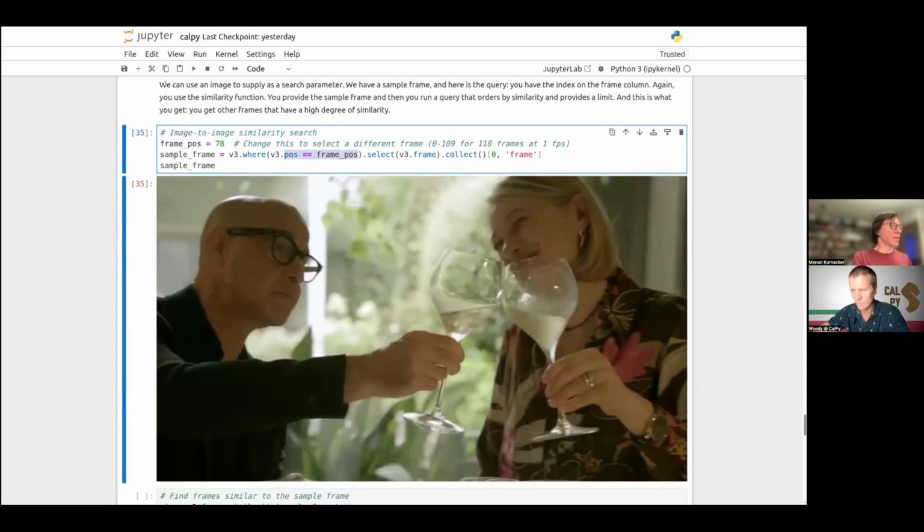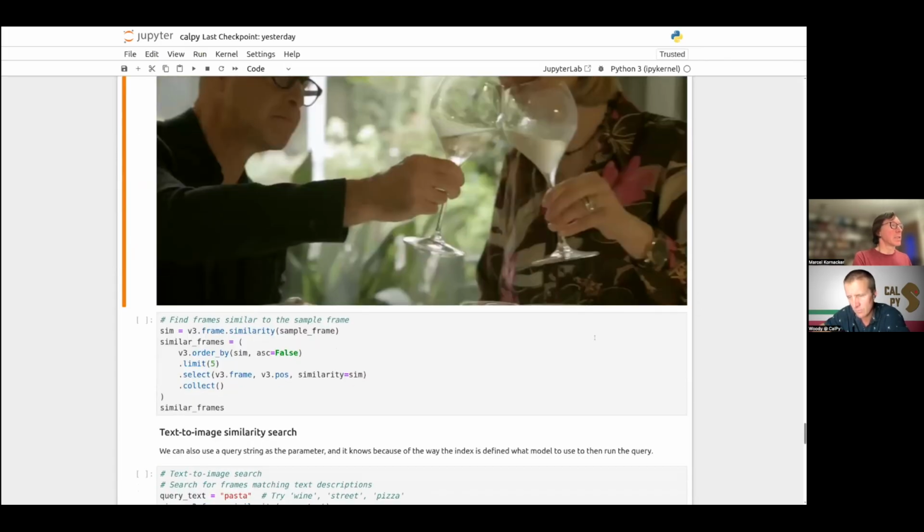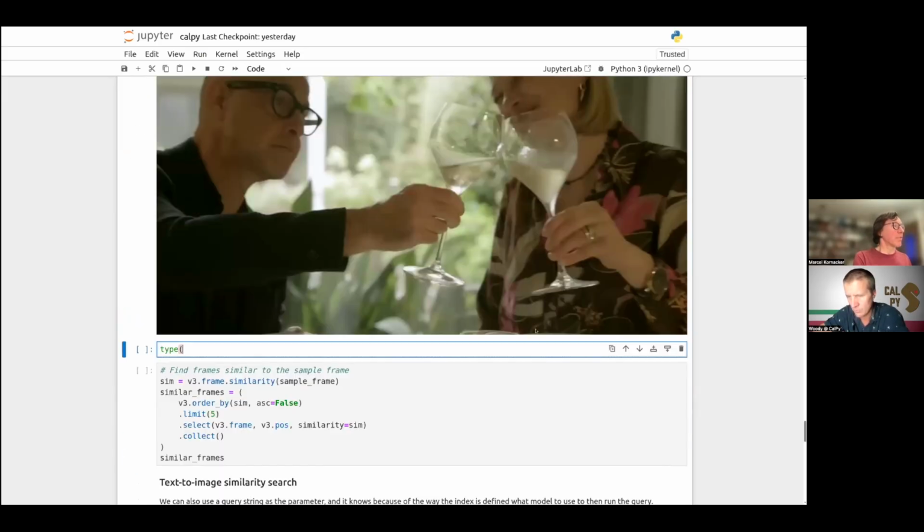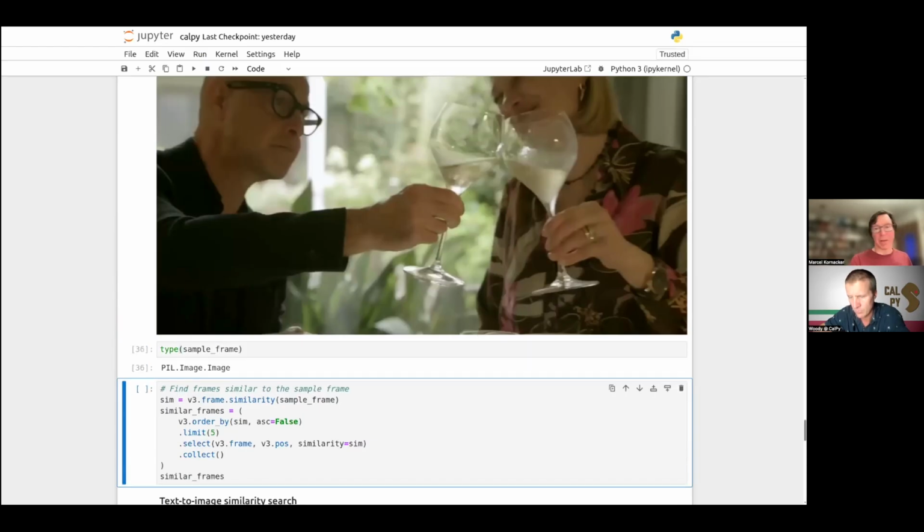So Pixeltable gave you back an in-memory PIL image.